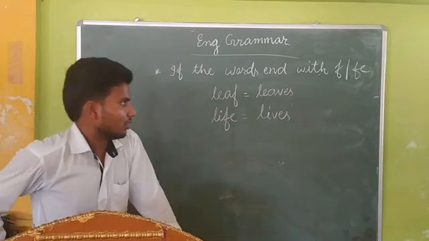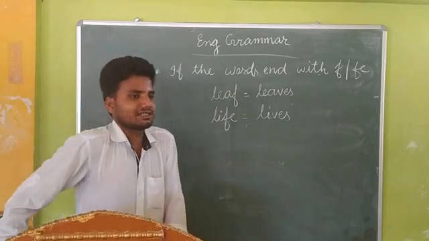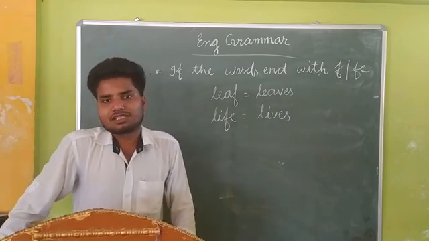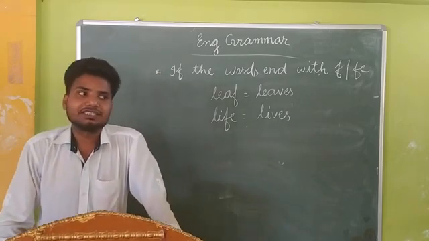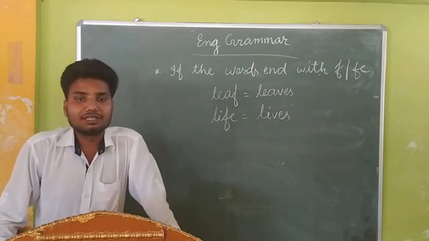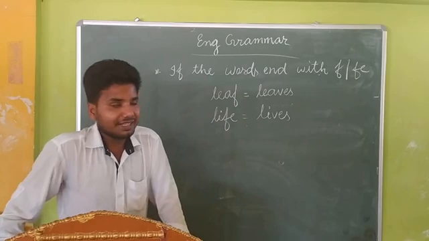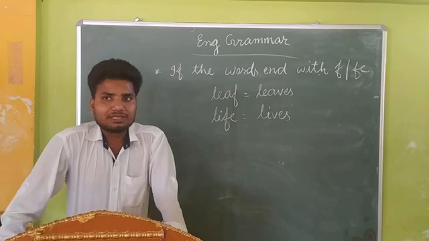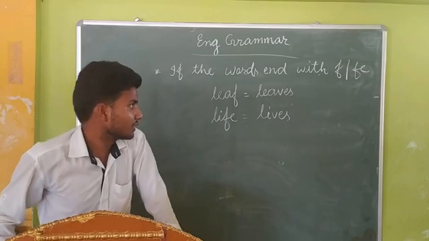So right now I have made you aware that in the very first rule, if the words end with CH, SH, X, Z, double S, we need to add ES to make them plural. In the second, if the words end with Y, then you need to notice the previous letter of Y. If there is a vowel just before Y, you need to add only S. But if there is a consonant just before Y, then you need to replace Y with I and then add ES. And in the next, if there are any words ending with either F or FE, then just replace that F or FE with VES and you will get the new word, and that will be the plural of that certain word.